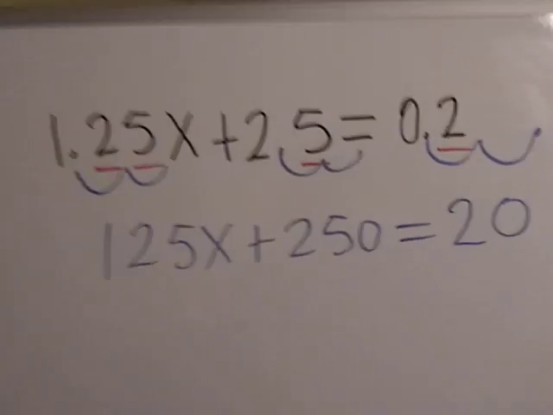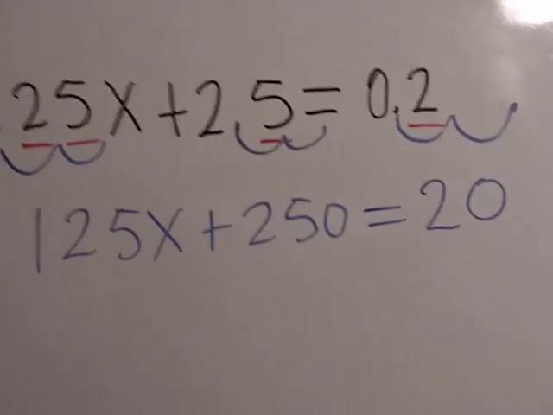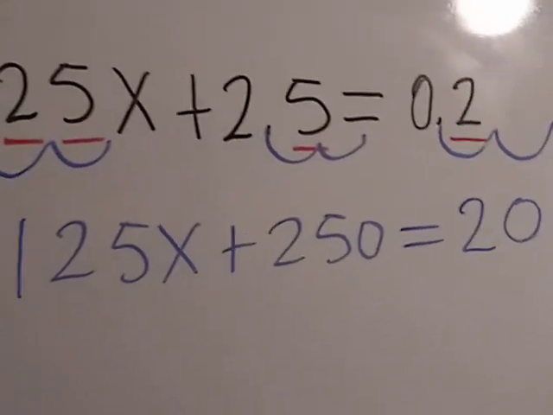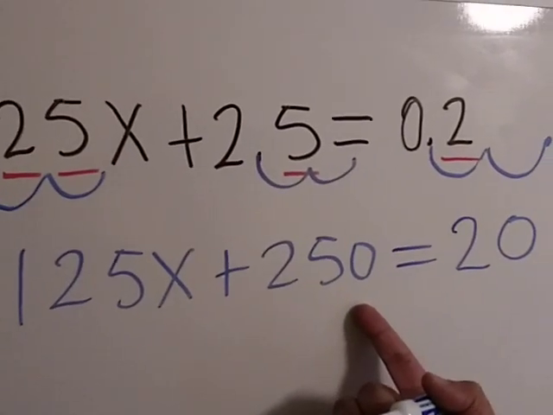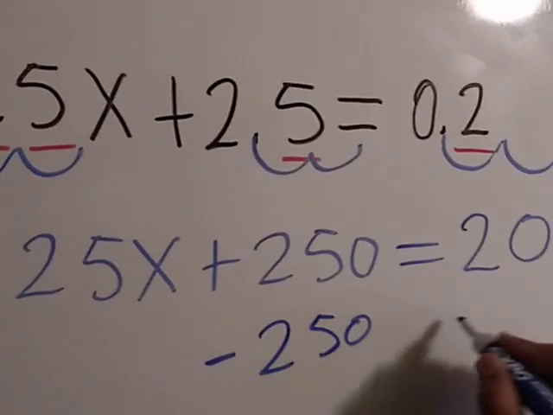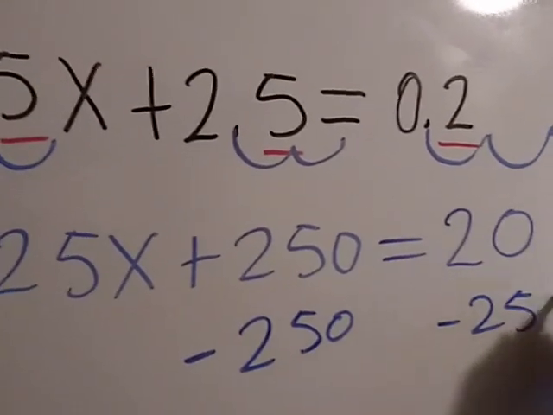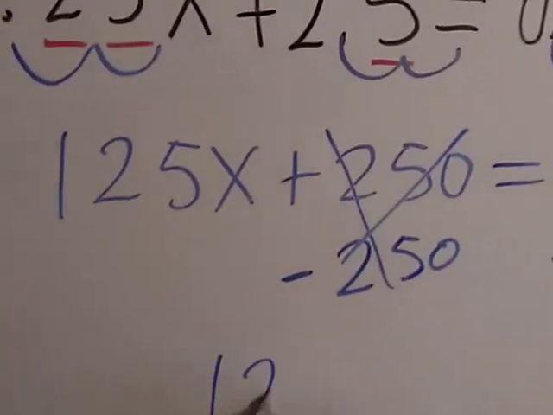I'll let you see that. Okay, and we proceed as we would normally do with the multi-step problem. We need to move the number that is not the coefficient, so it's negative 250 on both sides. That cancels out, so we have